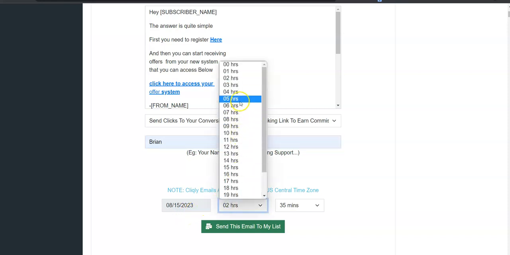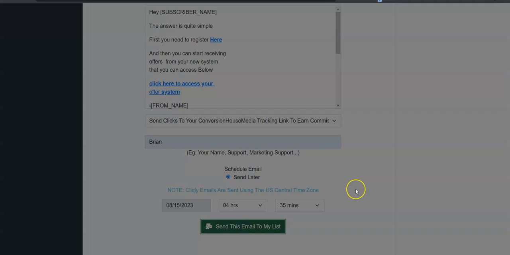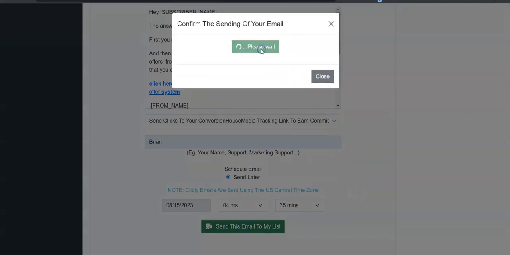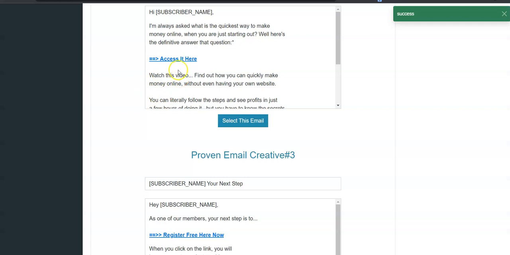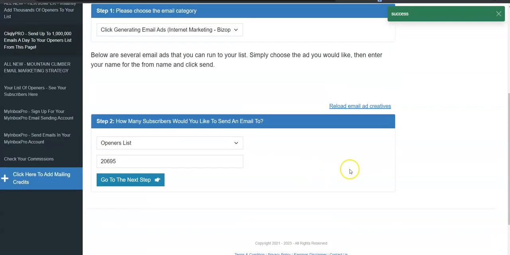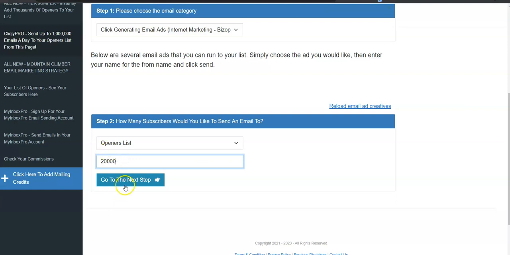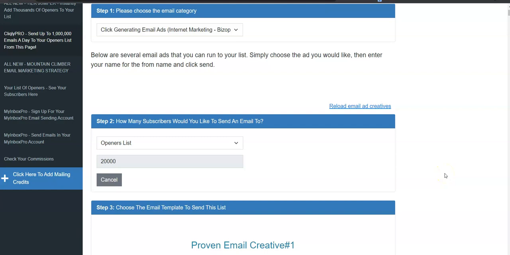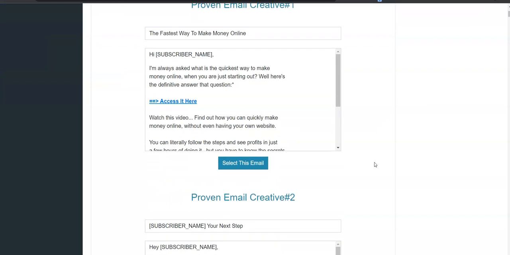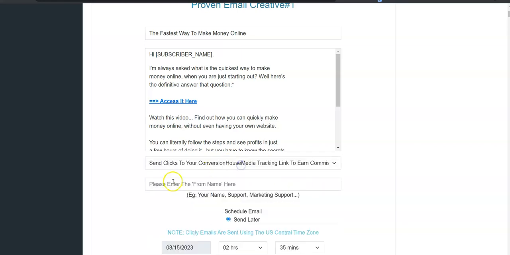And this is just a very, very easy way to make money online, because if someone clicks one of these links right here in this email, you get paid 10 cents every time someone clicks one of those links. Now you might be saying 10 cents, pff, that's nothing, okay? But think about it. If you're sending emails out to 20,000 people at a time, the more emails you send, the more chance you have for someone to open the email. The more people who open the email, the more chance you have for someone to actually click the link in that email. And every time that someone clicks a link in that email, you get paid.